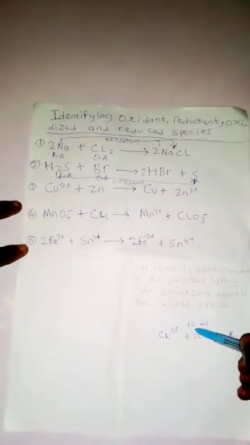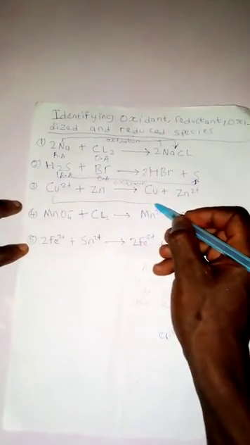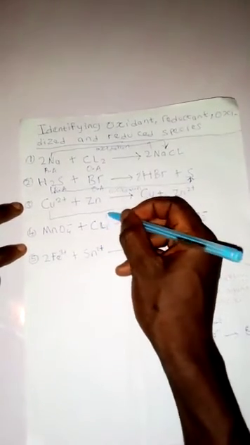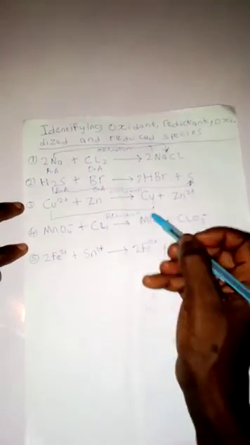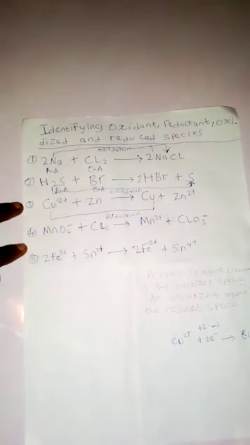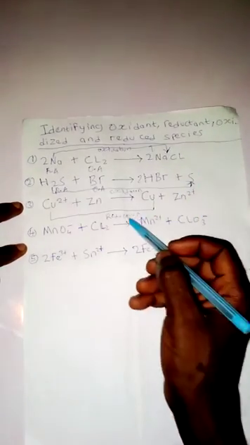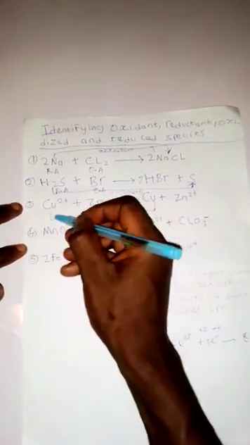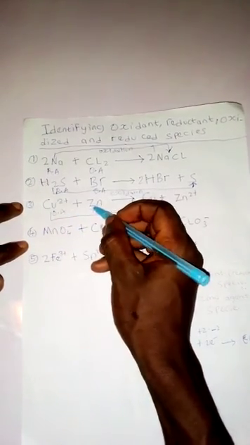So this one actually gains electrons. It didn't lose electrons. So this is an example of a reduction reaction, not oxidation. Because this is a reduction reaction, and as I said earlier, any substance that undergoes oxidation is the reducing agent, and any that undergoes reduction is the oxidizing agent, this will be our oxidizing agent, OA, while this will be our reducing agent. The same way it goes, that this is